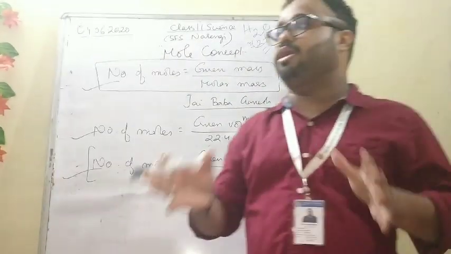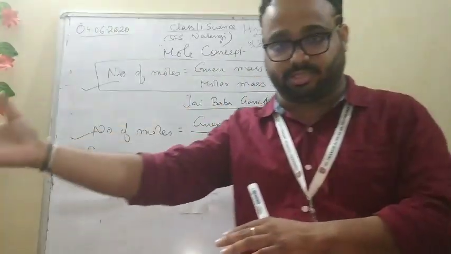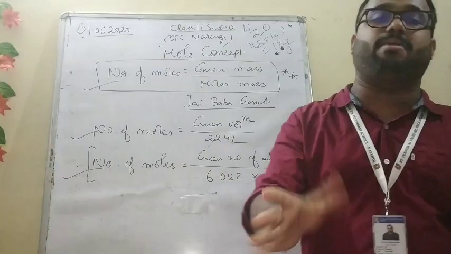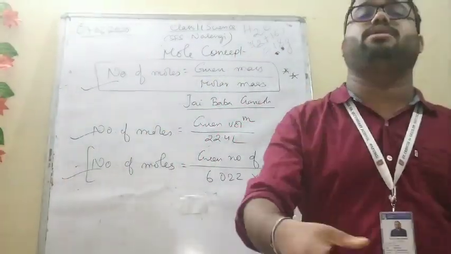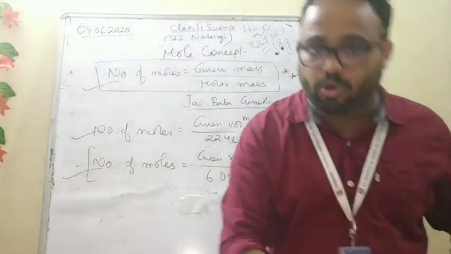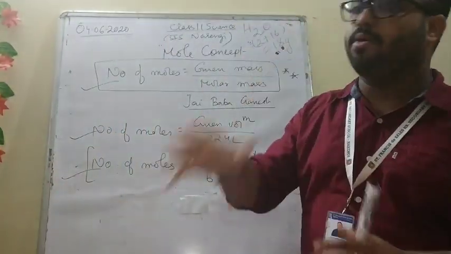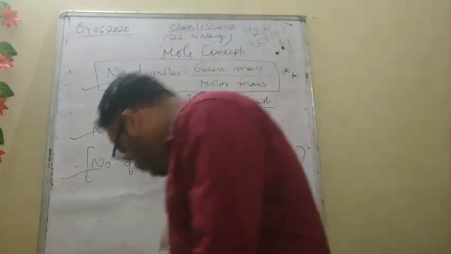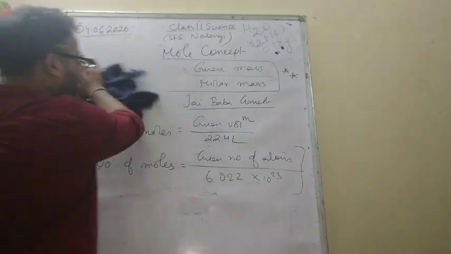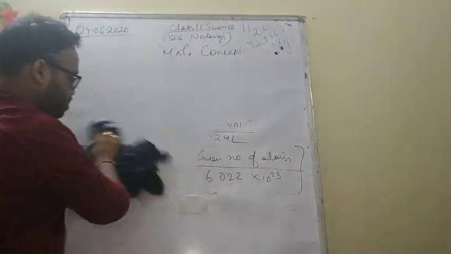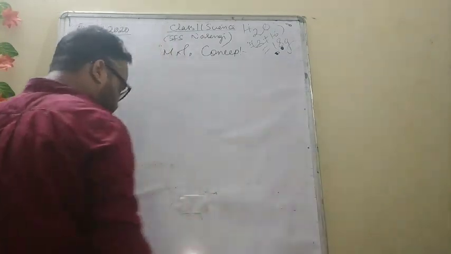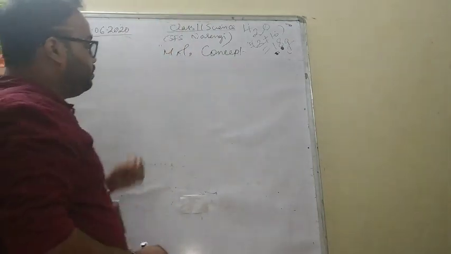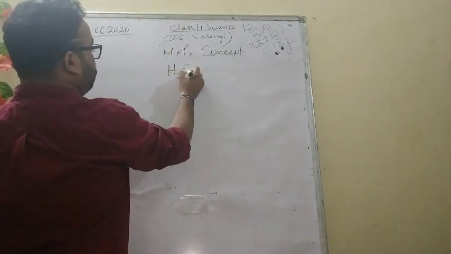So this is actually the overall concept. 1 mole is nothing but the molar mass if you want it in terms of mass. If you want it in terms of volume, 1 mole is nothing but 22.4 liter. And if you want it in terms of atoms, then 1 mole means 6.022 into 10 to the power 23 atoms. Clear? So this is the overall mole concept. In this context, one thing more you have to understand. Suppose I take H2SO4.